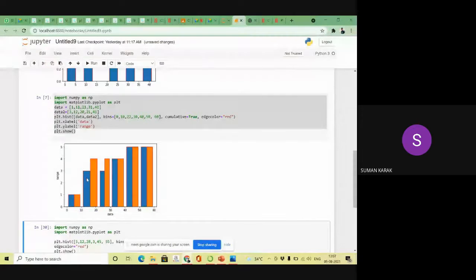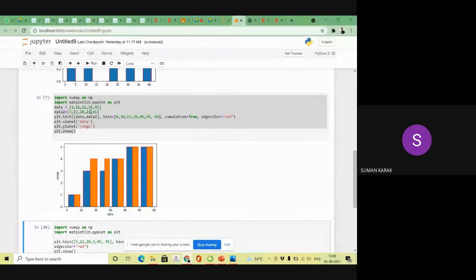For my first data, how many values are there between this 10 to 22? For the first data, there are two values, right?